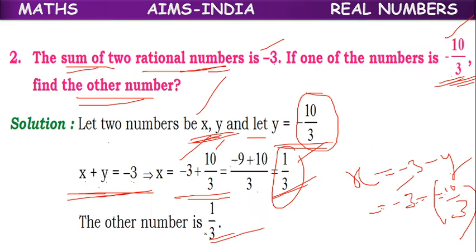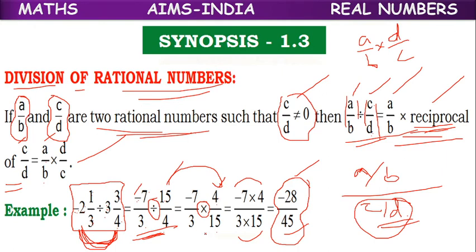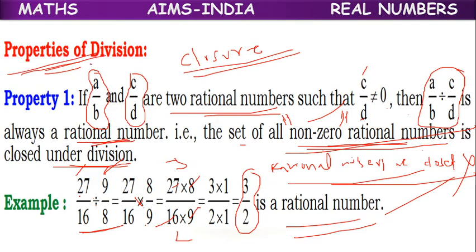Okay. So what have we learned today, children, about division of rational numbers? Division is nothing but one kind of multiplication, where the first rational number stays the same and the reciprocal of the second rational number is taken while multiplying. If division is changed into multiplication, the second rational number is changed to its reciprocal. So what properties will they follow? If two non-zero rational numbers are there and we divide them, we will get a rational number.